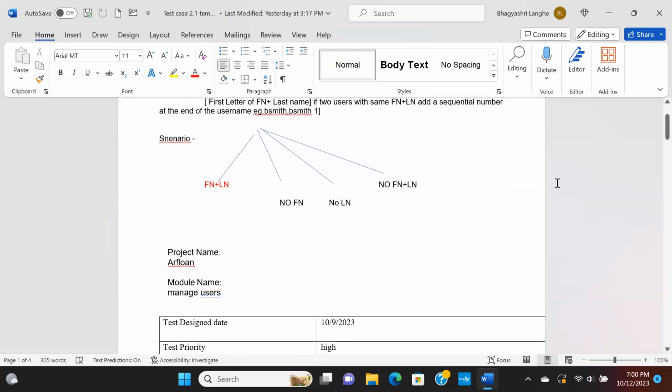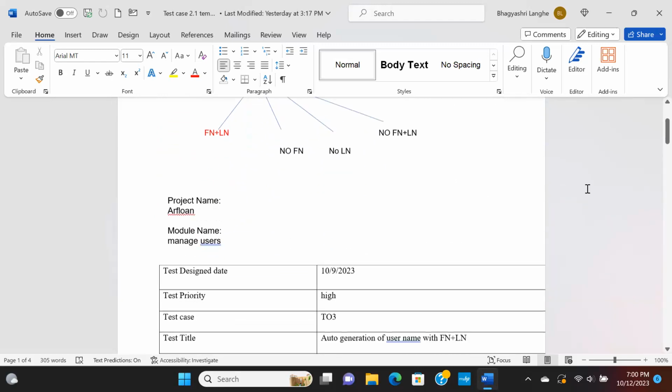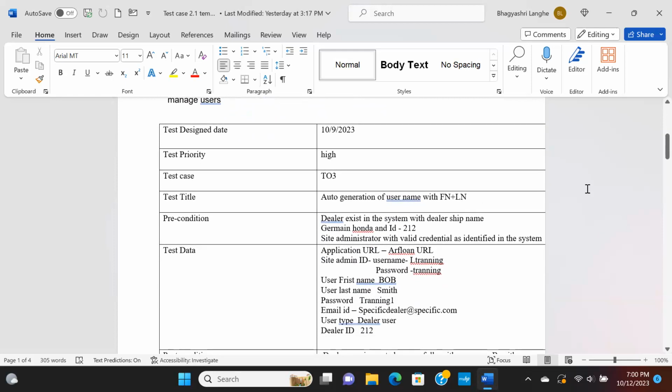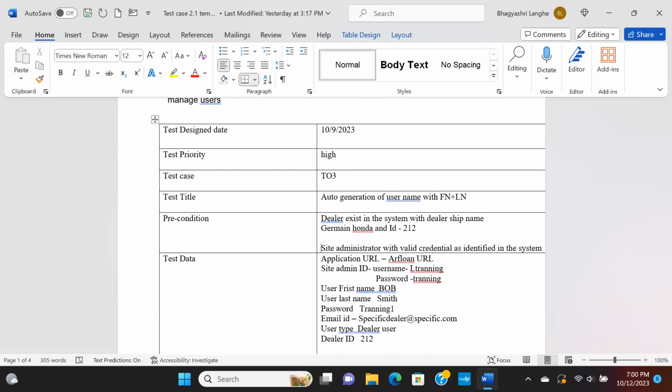Right. So what you are saying is that there is no user with that combination, right? What you are expecting is a generator to produce B Smith with that combination. So none of the users in the system has a first name starting with B and last name as Smith. So you need to put that somewhere in the precondition. You need to clearly state that there is no user in the system that has first name starting with B and last name as Smith,